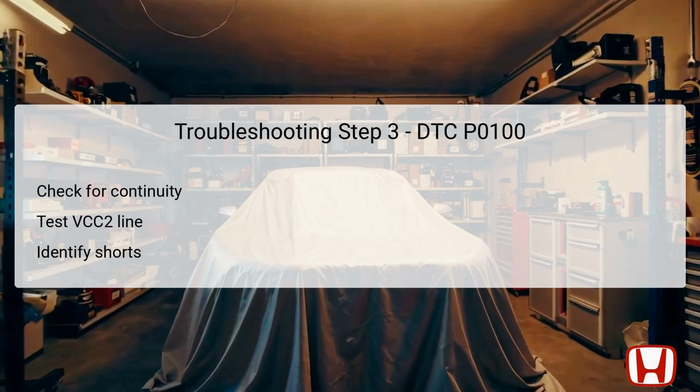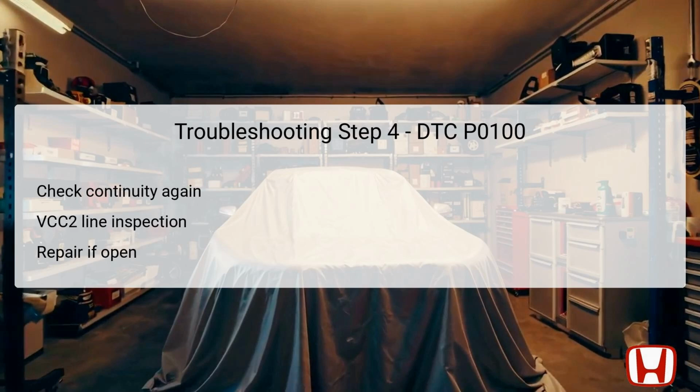Check for continuity between test points 1 and 2, where test point 1 is the MAF sensor's female terminal number 3, and test point 2 is the body ground. The presence of continuity indicates that a short exists in the wiring, which requires repair. Conversely, a lack of continuity means that the wiring is likely intact, and further steps are necessary to identify the